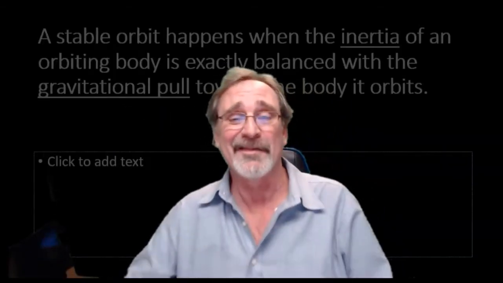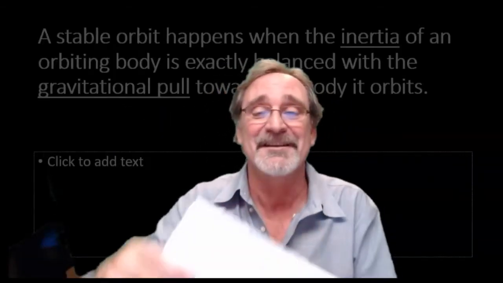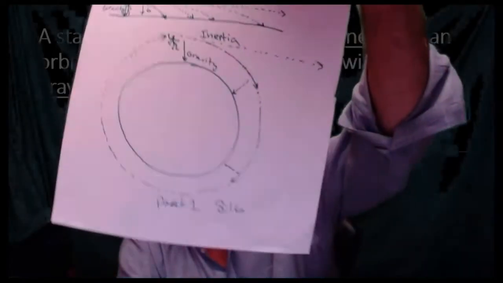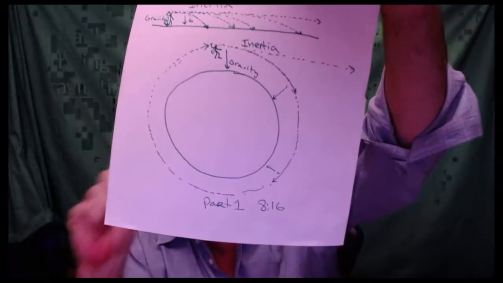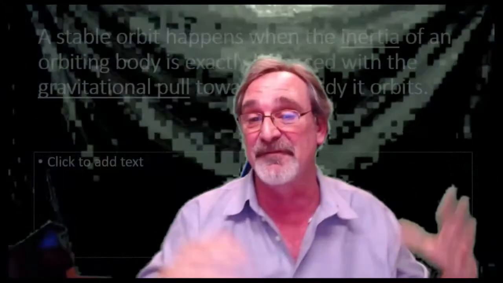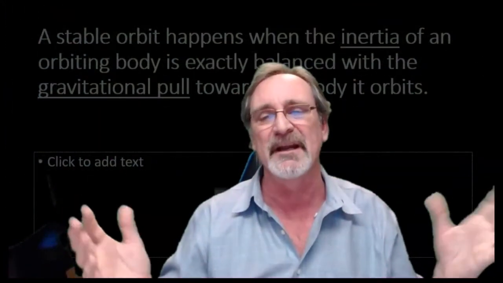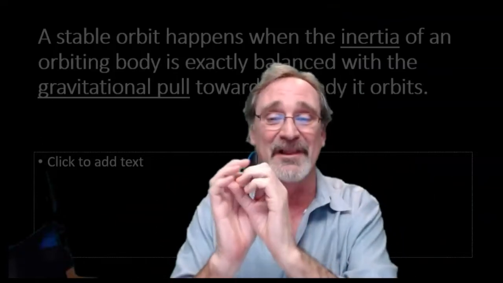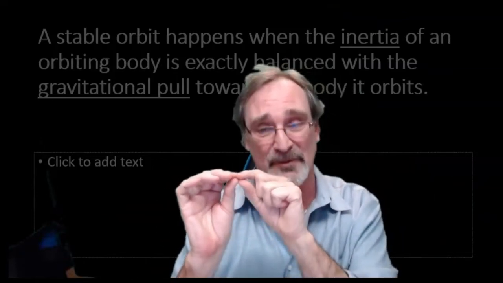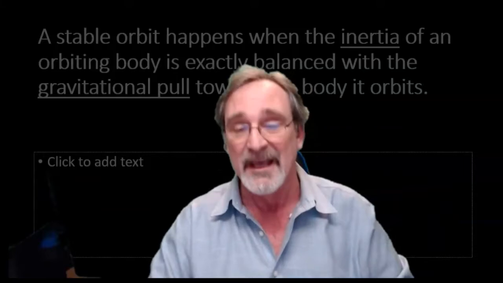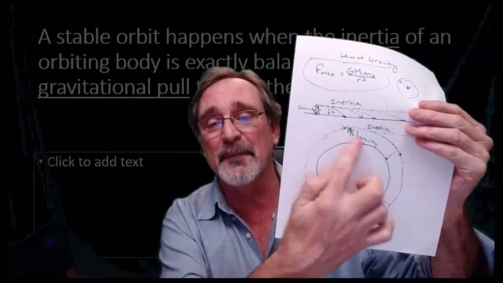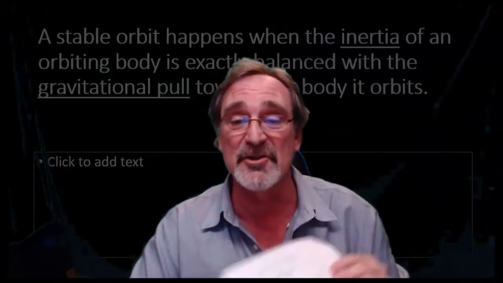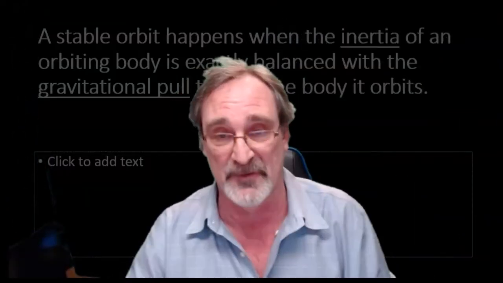Okay, so I think you have it down now. The deal is an orbit has a balance between the inertia. Now that's sometimes thought of as velocity, which means speed, right? What it really is is the velocity, but it also relates to the mass of the object. But anyway, so you have the inertia and the gravitational pull have to be balanced for it to be in